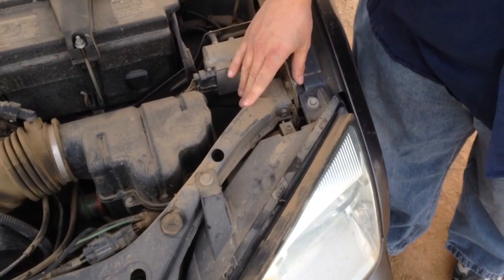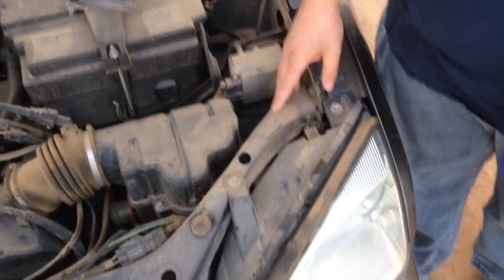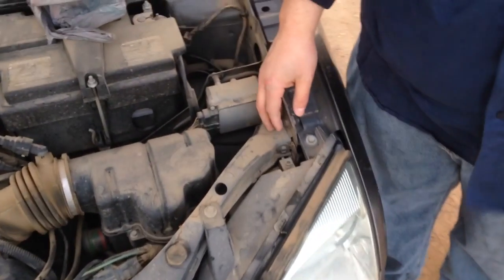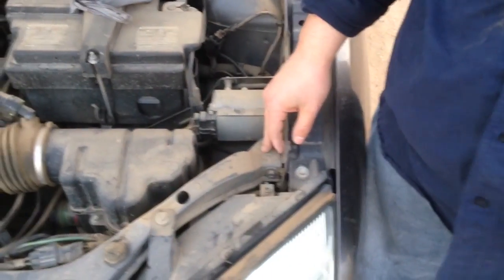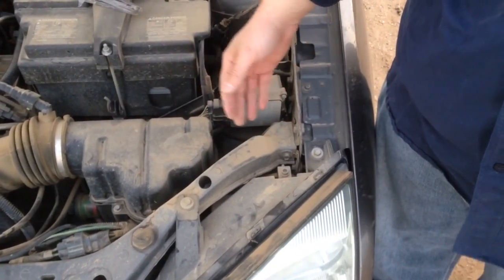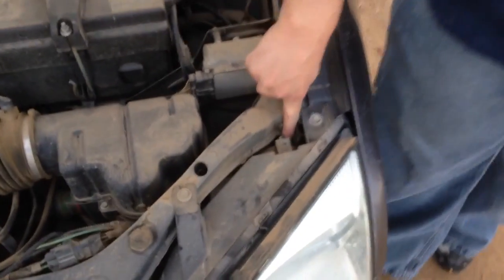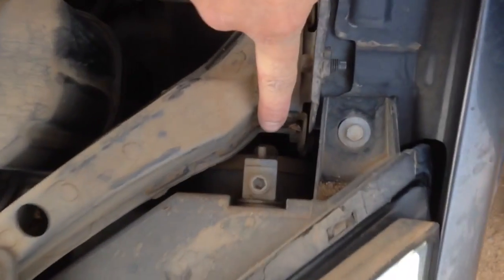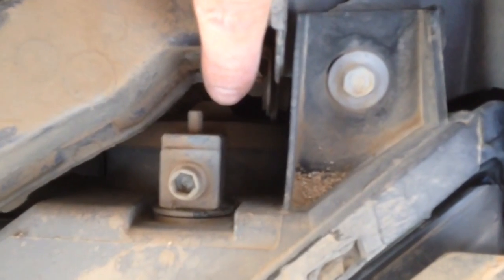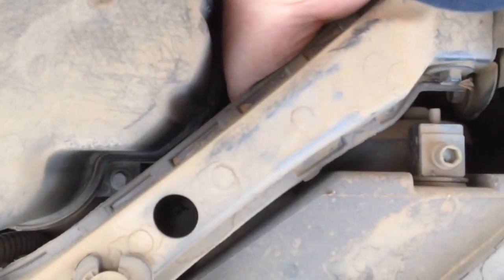So I'm going to show you the right way to change a headlight on a 2007 Ford Focus. Everybody else on YouTube is showing you ways to tear apart the whole front end of the car, but they've created an access hole in the back where we can do our job without doing that. Right here, if you look down in there, is a rubber fitting dust cover on the back of the motor, and you can reach out behind the frame